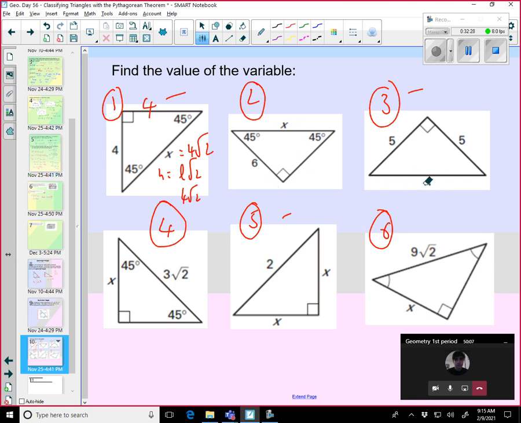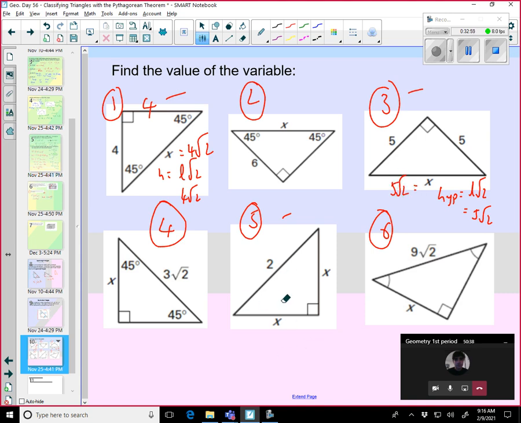Let me do this. Once again, I have been asked to find the hypotenuse. The leg is given to me as 5, and I have been asked to find this particular x. So the hypotenuse is leg times root 2. I'm calling it L root 2. In this case, the leg value is 5, so 5 root 2. So x equals 5 root 2.